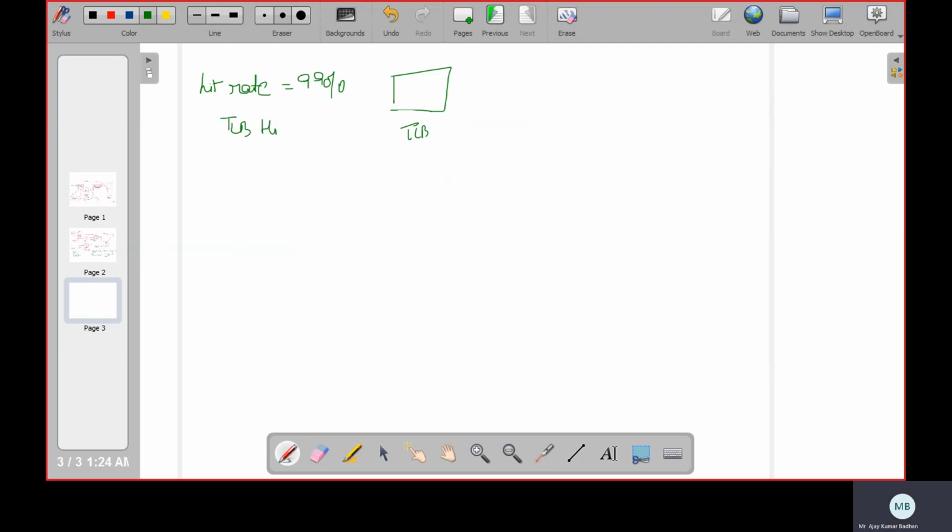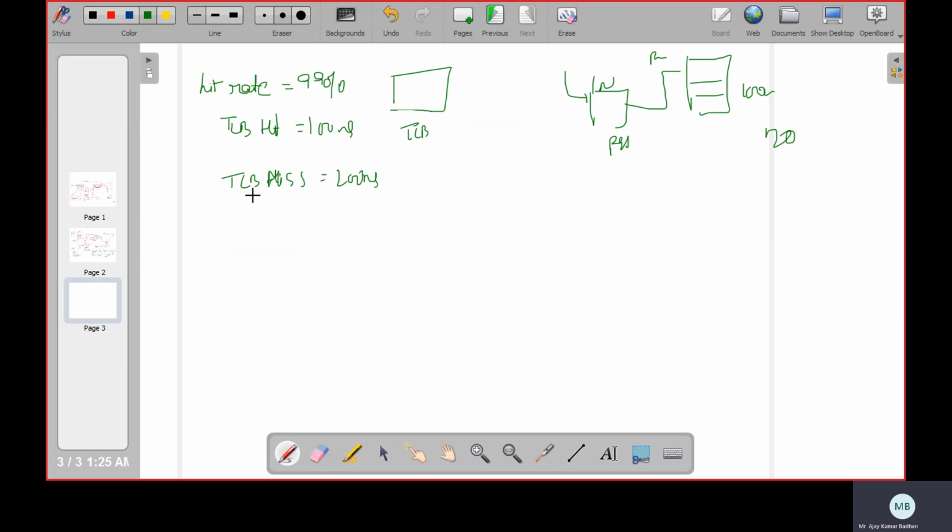So for a TLB hit, how much time is it going to take? In the previous example, 100 nanoseconds. For a TLB miss, how much time is it taking? It is taking 200. I hope it is very clear why it is taking 200. Simple. First it has to access the page table, which will take 100 nanoseconds. After accessing the page table within the memory, you will get the physical address. So there we have to access it again, which will take 100 nanoseconds. So 100 plus 100, 200. If there is a TLB miss, it will take 200.